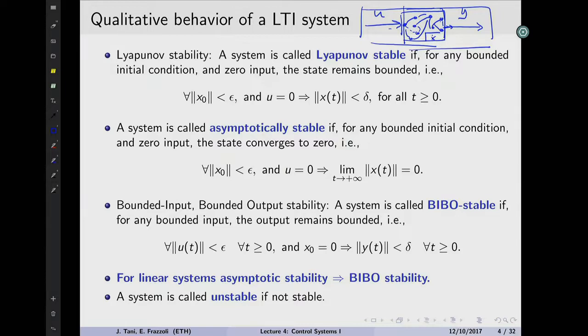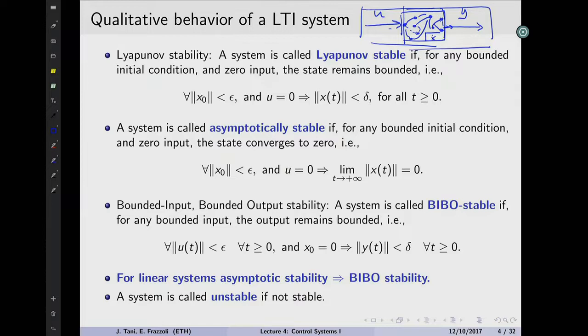And the idea is that of bounded input, bounded output. So if I send finite energy to a stable system, that is, some measurement of the input signal, the norm of u, is bounded, it's less than infinity, then the output is going to be bounded as well. Finite energy in and finite energy out. Okay, that's a stable system. If these conditions are not satisfied, the system is called unstable.